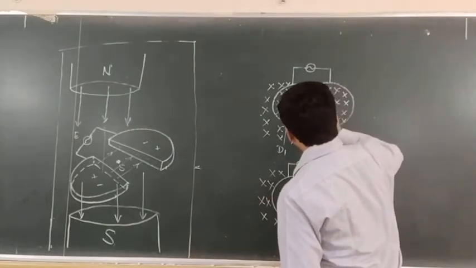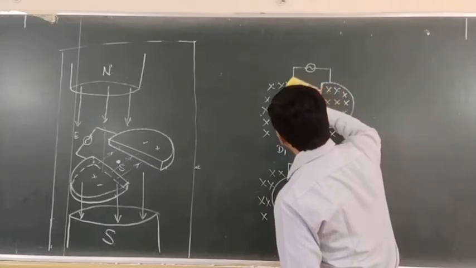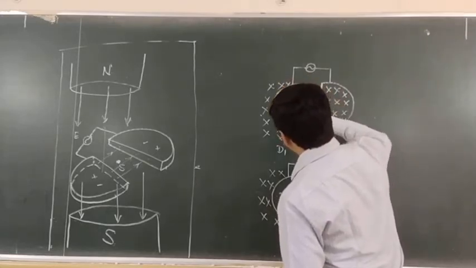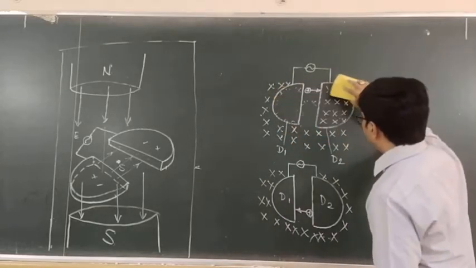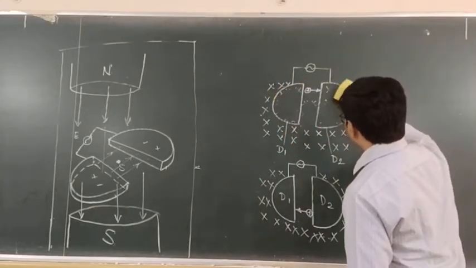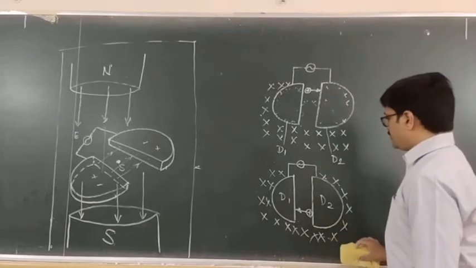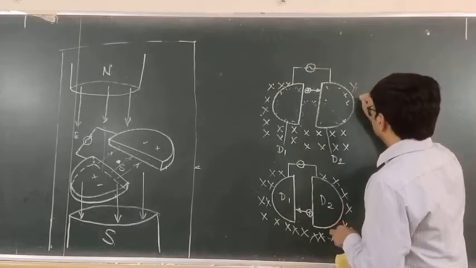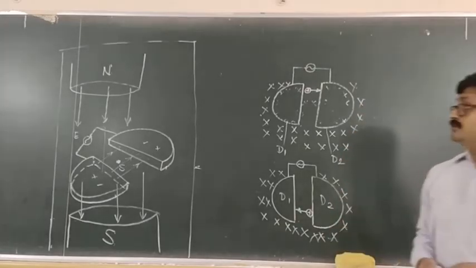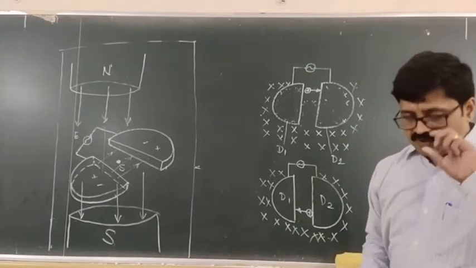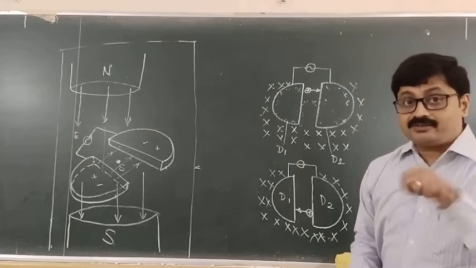Now, fine. I hope these two diagrams are simplified and you are able to make out what exactly has been shown here. And for clarity purpose, I will just remove this magnetic field from the D's on the top diagram. Okay, fine. Now let's begin with our discussion on how does the cyclotron work.